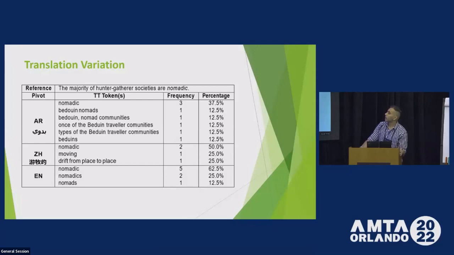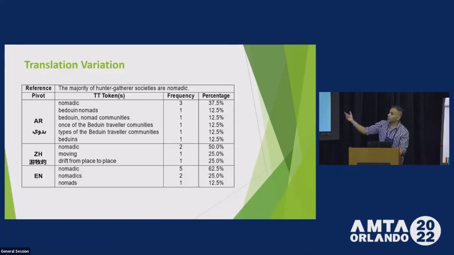different patterns. Most of the cases, it's not literal, it's more free translation. So as we can see here, it is 62.5% for Arabic, different variation, more free translation maybe. The same for Chinese, 50%. But what is worth noticing here is the word Bedouin in Arabic. Bedouin, which is roughly translated to the Arab nomad of the desert, which is particular maybe to Arabic culture,